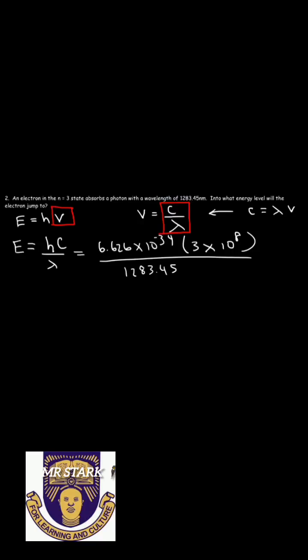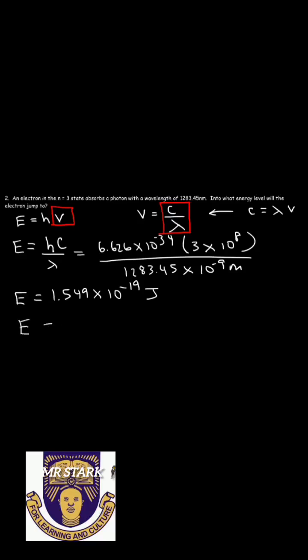Now we need to convert nanometers to meters. So just replace nm with 10 to the minus 9 meters. And this will give you the energy of the photon. So the energy of the photon is 1.549 times 10 to the negative 19 joules. So now that we have the energy of the photon,